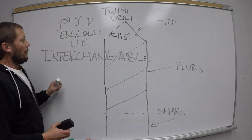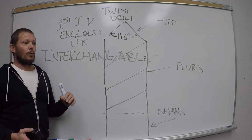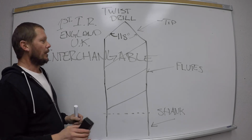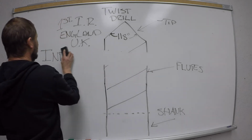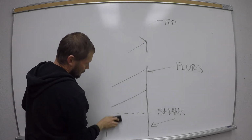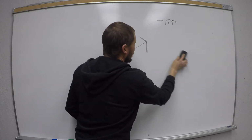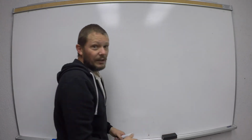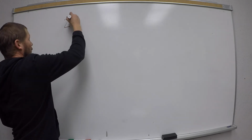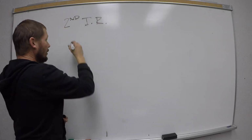But there were no standards. Like I said, this is not a history class, I just want you to get the principle. It wasn't until the second industrial revolution that we really started to see standards come. And that was in like the 1800s. The second industrial revolution, which happened in the USA,